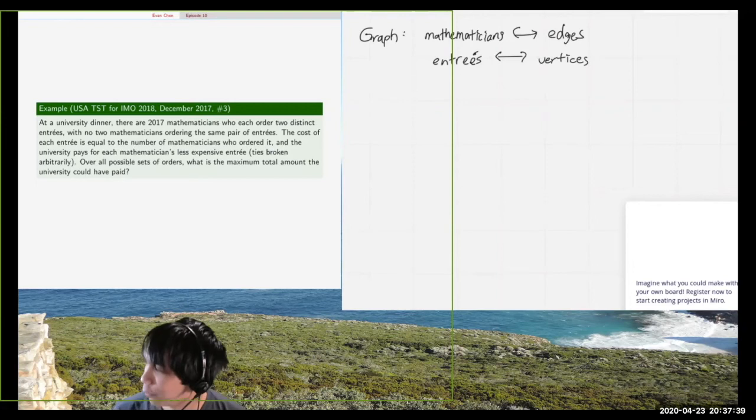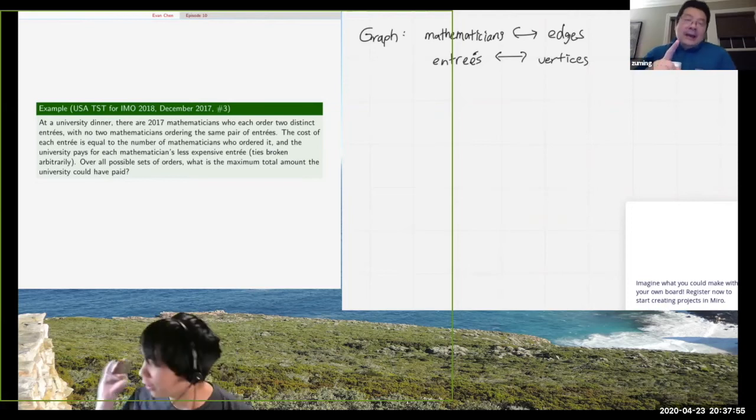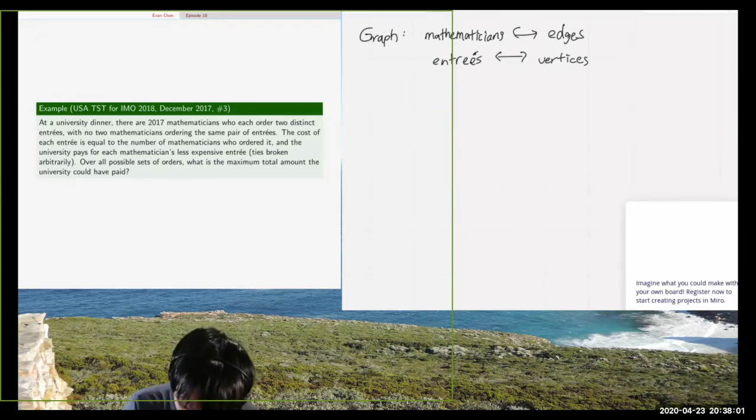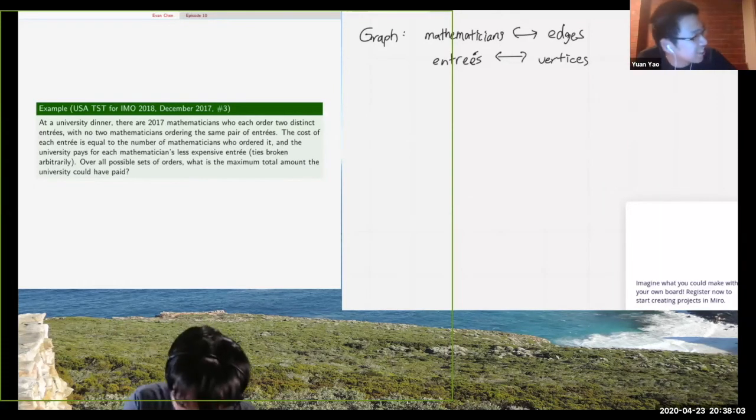If more people order a dish, then shouldn't it be cheaper? No, if you're a restaurant, so someone asked in the Q&A, what if more people order a dish, shouldn't it be cheaper? And the answer is, if you're a restaurant and the demand is already fixed, you adjust the prices to maximize your profit. So is everyone just trying to maximize HMMT scoring, you know? Okay. Well, it isn't the less soft the more score, but